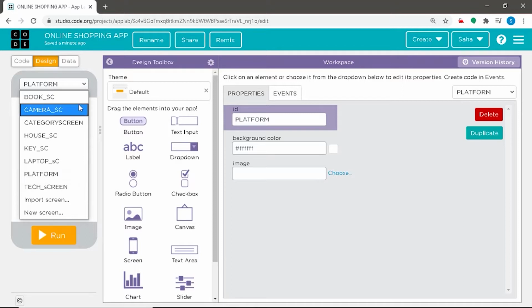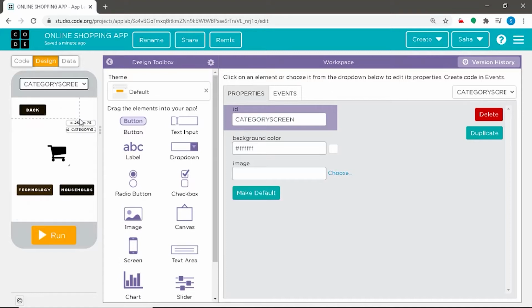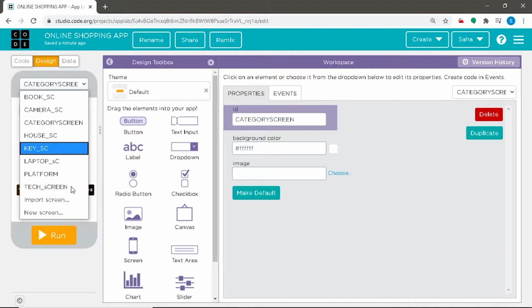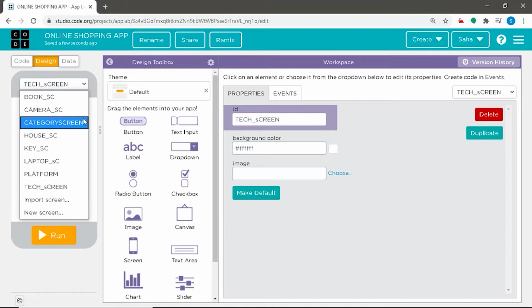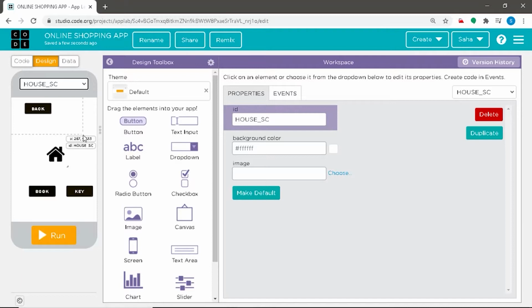On clicking the products button, the user shall be redirected to the category screen, giving the options of technology and household, which on choosing technology goes to the tech screen, giving the option of laptop and camera for the user to buy, or on choosing the household screen, giving the option of a book or a key for the user to buy.